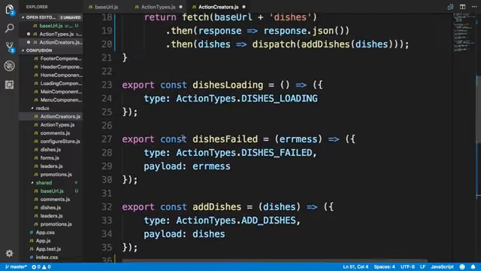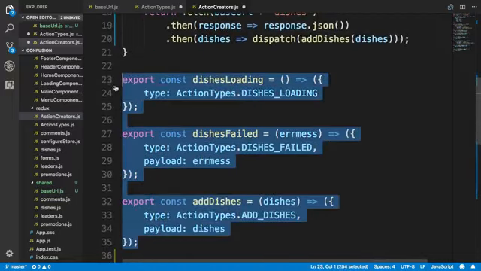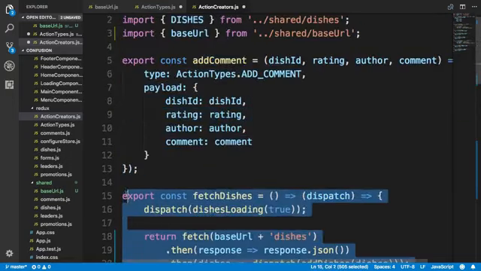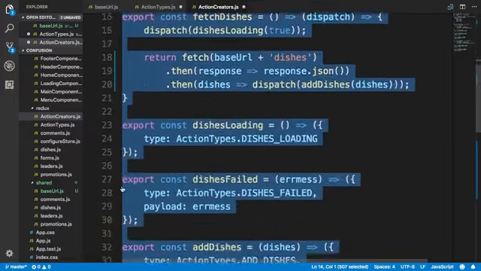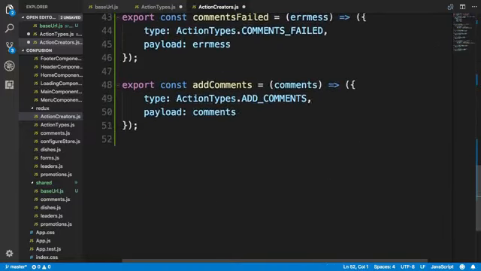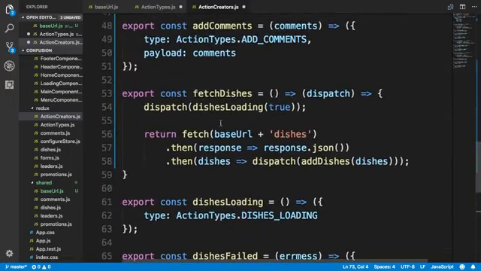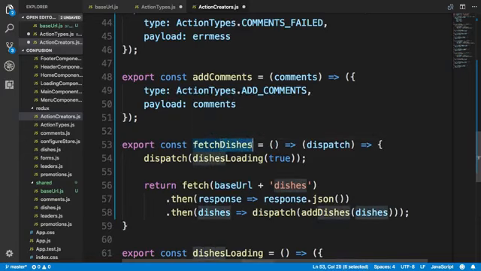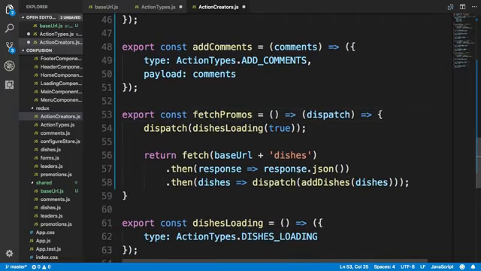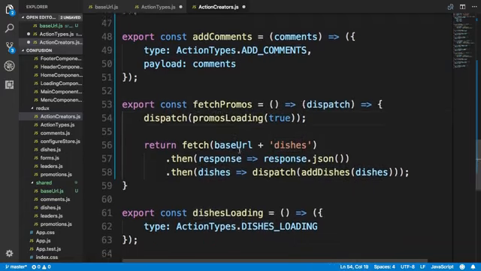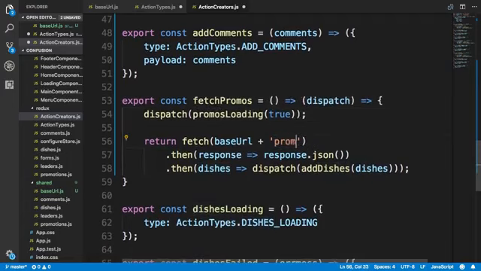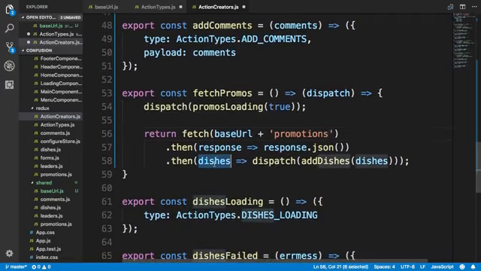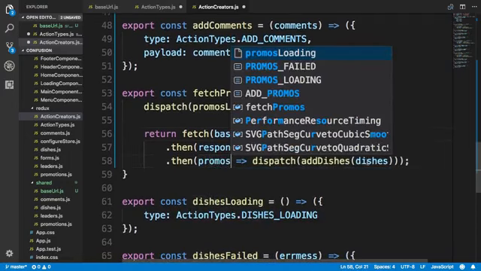Now, for the promos, I would require exactly what I did with the dishes also. So I'm just going to copy the dishes, the fetch dishes, dishes loading, and so on, and then edit that code to set up all the action creators for the promos. So here we'll say fetch promos. I'm not using promotions, the complete word here, just to save myself the trouble of typing the whole thing. So here we'll say promos loading, and this would be fetched from promotions, and then here we'll obtain promos and dispatch add